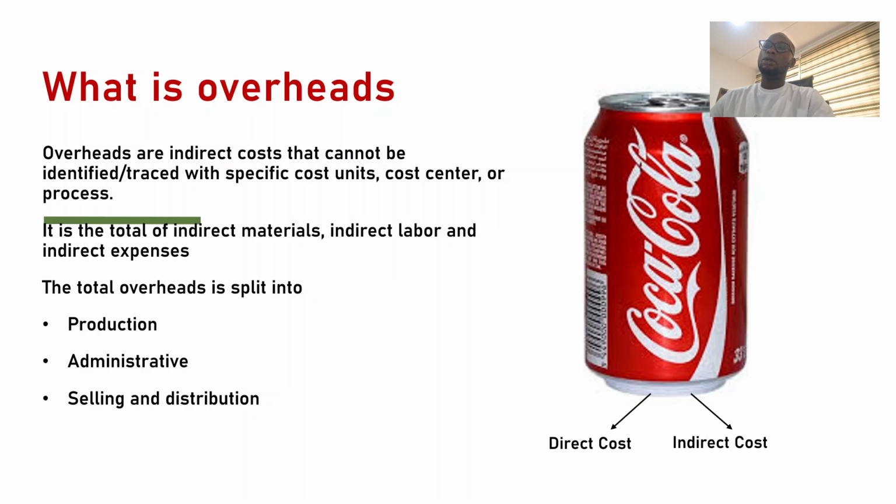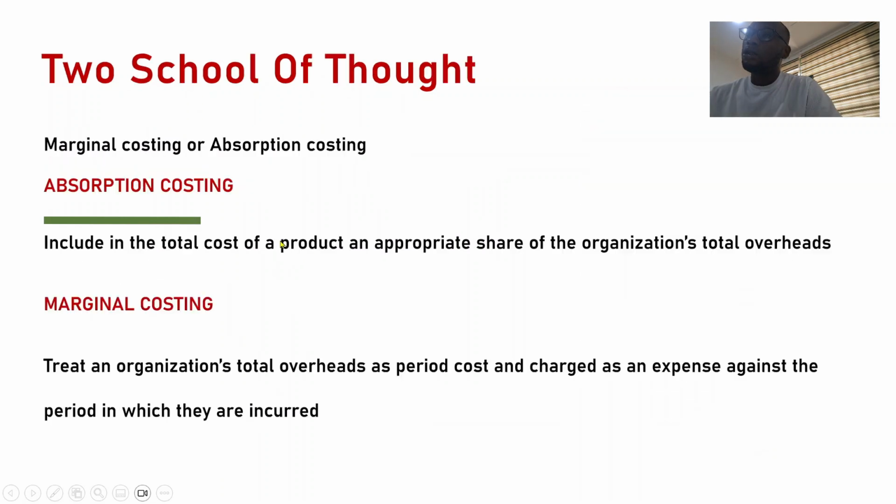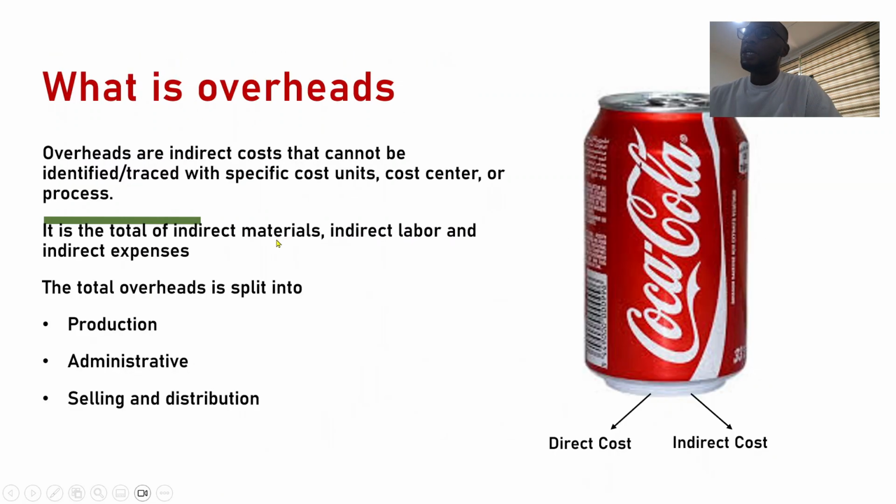First of all, let's look at what overheads are. When you hear overheads, overheads is simply the total of indirect materials, indirect labor, and indirect expenses. When we say indirect, what do we actually mean? Before any product or service can be produced,